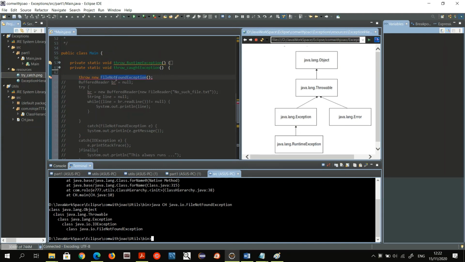Look here, it's throwing an error. And if I highlight the error, it's telling me: unhandled exception type FileNotFoundException, and add the throws declaration. So what I mean is it either has to be handled or thrown. So to handle it, I could just say throws FileNotFoundException,